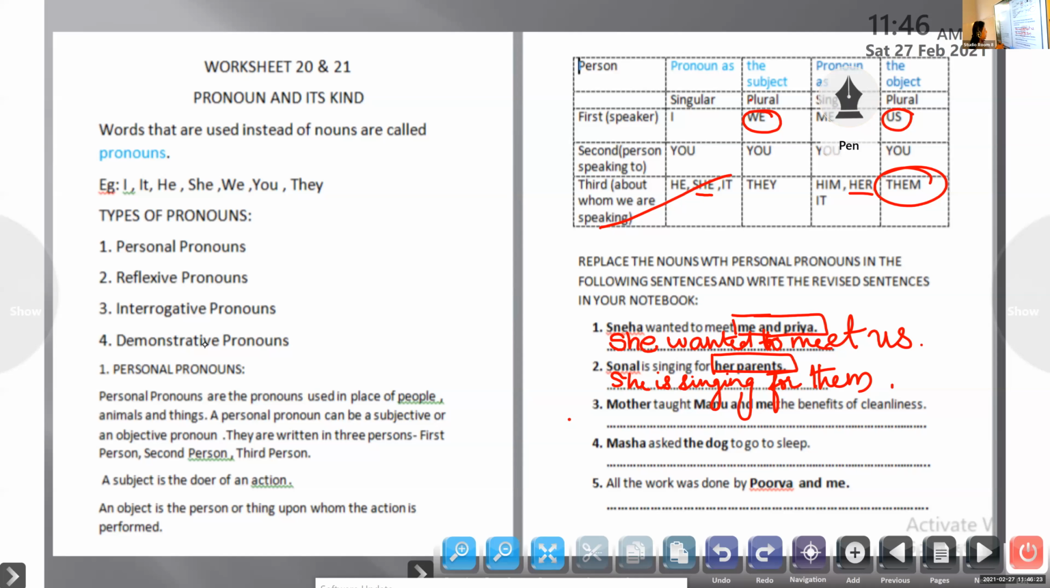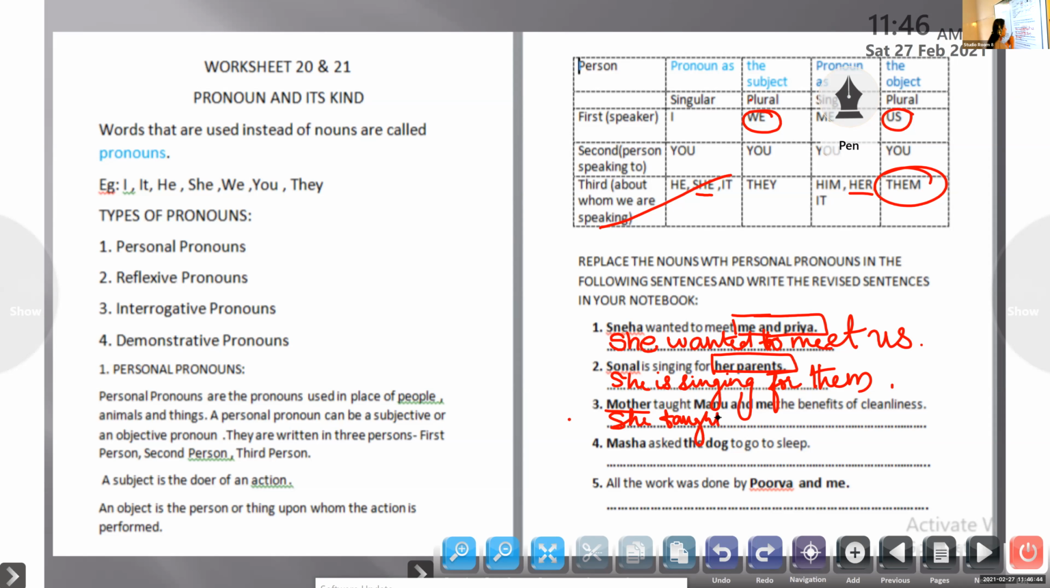Okay, so first look at the table. Here mother is the subject. So look at the subject. Pronoun as the subject. So mother. Mother is a feminine gender. So what do we have to use here? She. She, very good. She taught